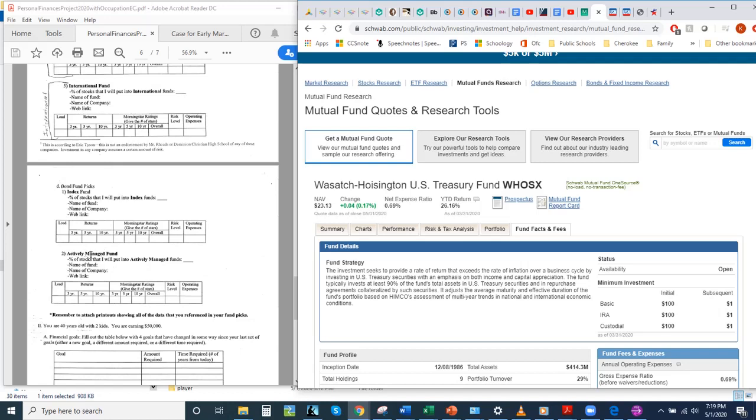So I'll go ahead and write down. Remember, I made a mistake. We did actively managed first. I'll write down the name of the company, Wasatch Hoisington, and then name of the fund. I just like saying that, Wasatch Hoisington U.S. Treasury Fund. Web link, Schwab.com. I like some Schwab too. Okay, so